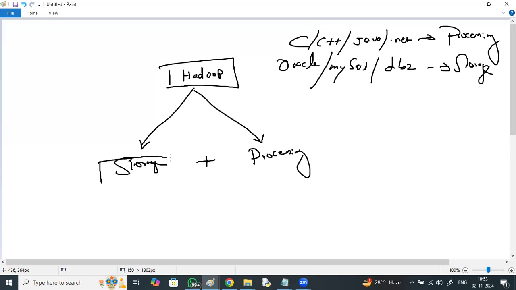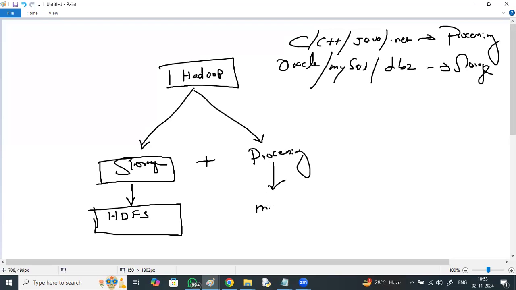For storage, does Hadoop use any database for storing its data? No. Databases have some drawbacks. Despite that, Hadoop doesn't go with any database for storing its data. It goes with a kind of file system called Hadoop Distributed File System.